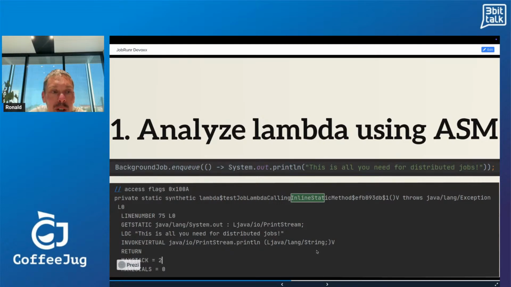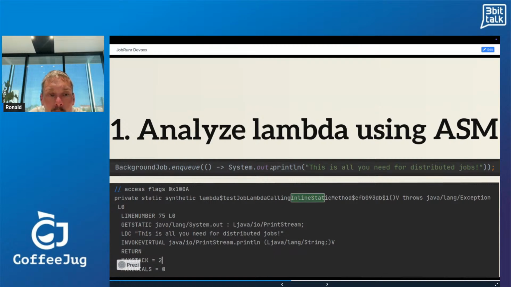And so when we do BackgroundJob.enqueue, and by the way, BackgroundJob.enqueue is just a static helper that I once created. It's really nice for readability, but of course, being static, it's difficult to test. But what happens when we have this lambda?